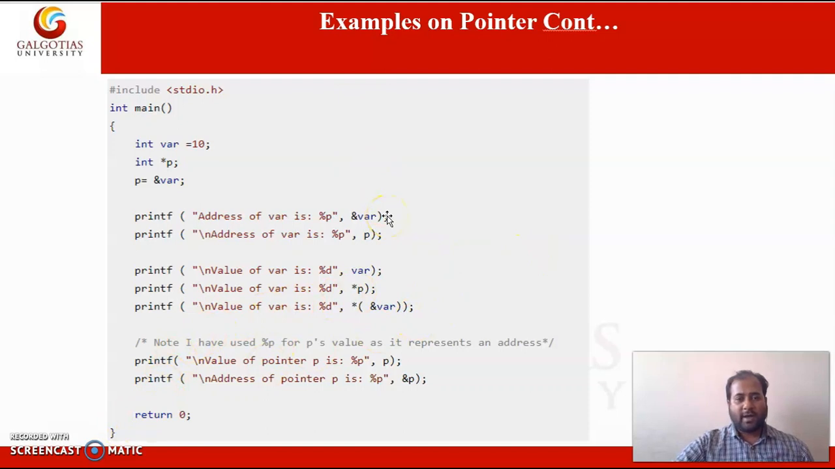It is also another example. So here we are having a variable named var, and it is initialized to 10. We are having a pointer variable p, and we are assigning the address of the variable to p,